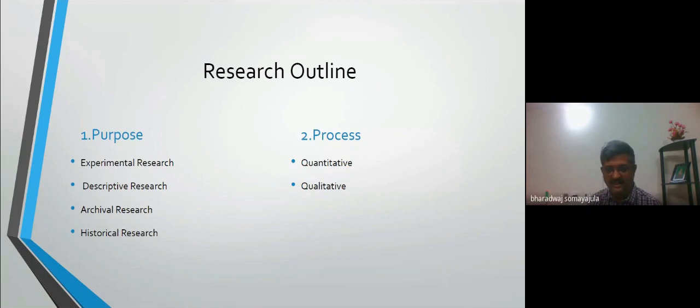How many girls are studying, how many boys are studying, how many are getting more than 50% or 60% or 80%, all those nonsense things. And qualitative research is how many people are passing, how many people are getting 70%, 80%, 90%. These come under qualitative research. How many people are getting O grade? That is what the majority of students are fighting for. O grade, A plus, A, B plus, all those things.